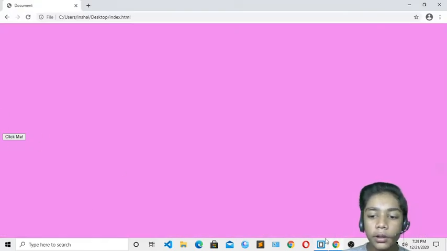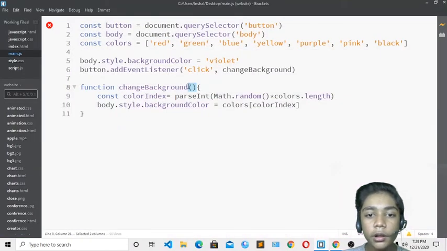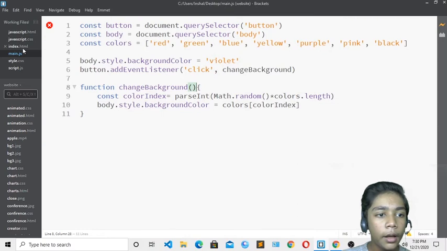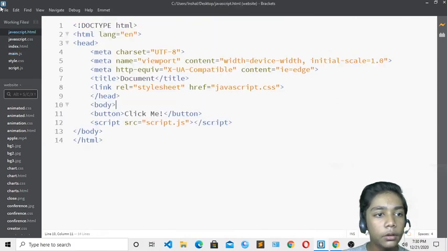So the mistake was that we had not written this code. Like I am telling you, it is really important to write everything correctly in JavaScript, and you have to take care of the capital letters also. I will go to Google Chrome, and here you can see when I click that. Refresh, come over here, and now it will be working. Just save from here.